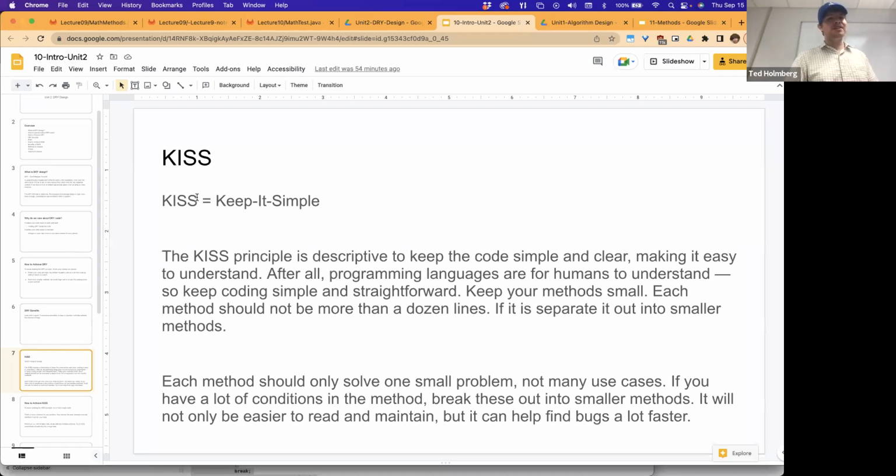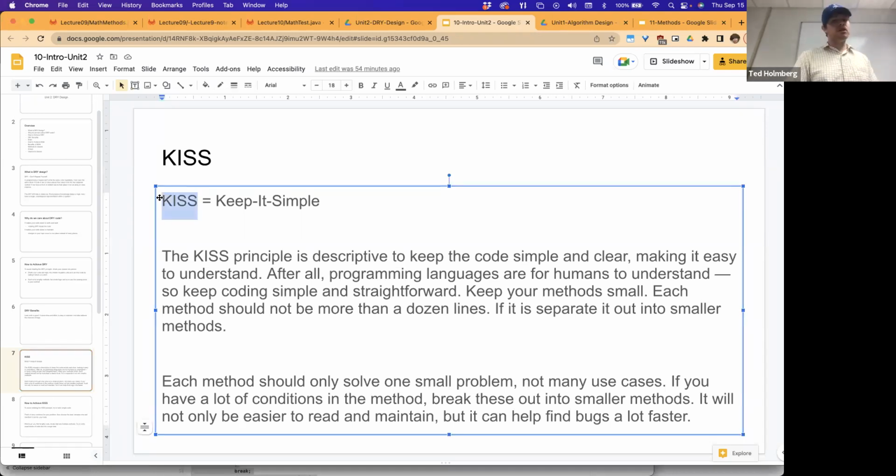But it's usually expressed as KISS, the KISS principle. So the KISS principle is descriptive: keep the code simple and clear, making it easy to understand. After all, programming languages are for us to understand, for humans, not for computers. Computers are just mindless binary computational machines. So the goal for putting all this effort into